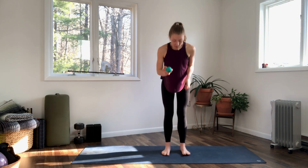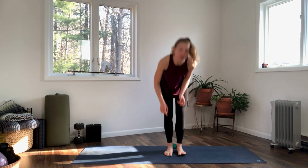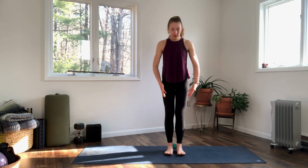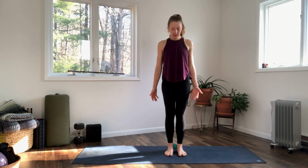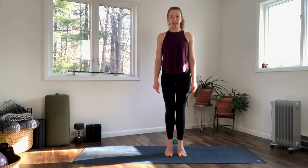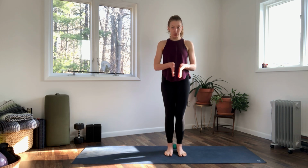So with the ball, we'll put it between the heels, right underneath that big knobby bone on the inner ankle, and we're going to squeeze that ball between the heels. Feel the feet point forward, and then we're going to press into the balls of the feet, lift the heel, and your only job here is to not drop the ball. Lower those heels back down, and as soon as your heels touch the floor, rise right back up. Lower back down. Continue there and just notice how this ball between the heels gives you something to hug into,